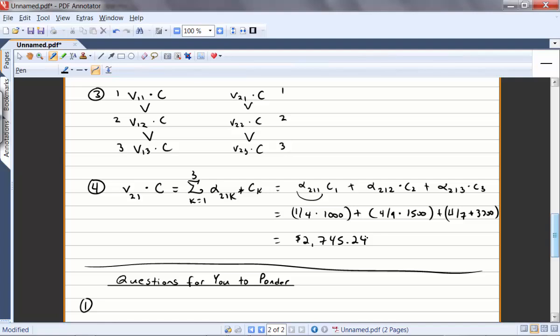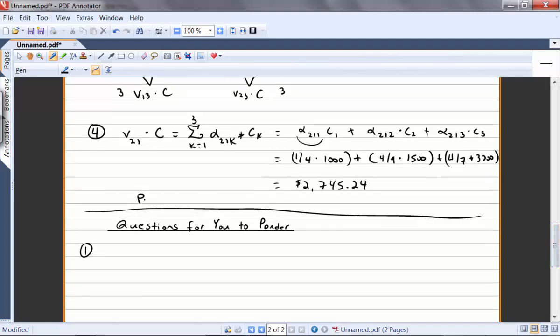$2,745.24. That's the cost assigned to customer 1 using weighting scheme 2. But the question is, what proportion of the total costs are assigned to customer 1 using weighting scheme 2? To answer that question, we have to calculate the proportion to 1, which is just the cost assigned to customer 1 using weighting scheme 2 divided by the total costs,